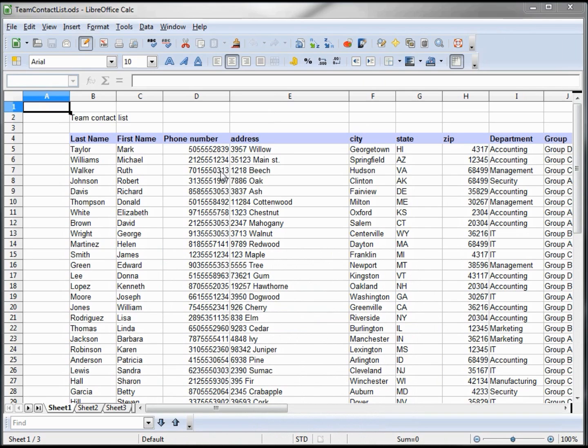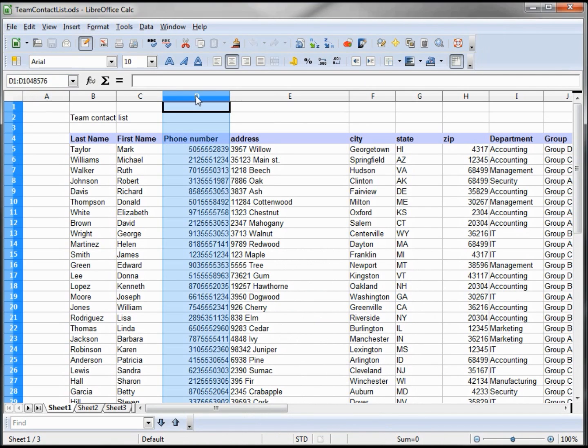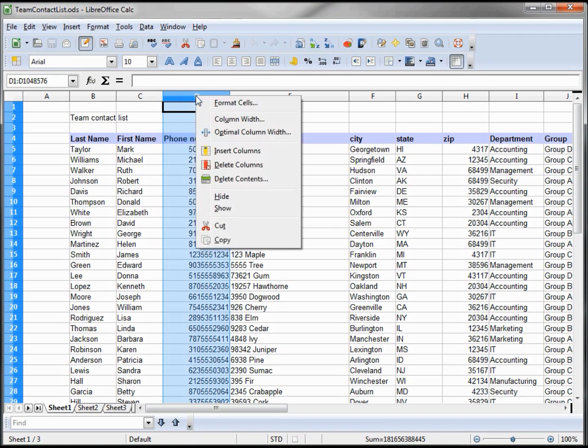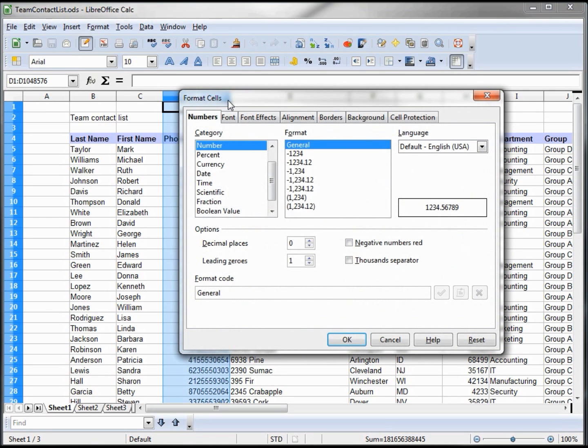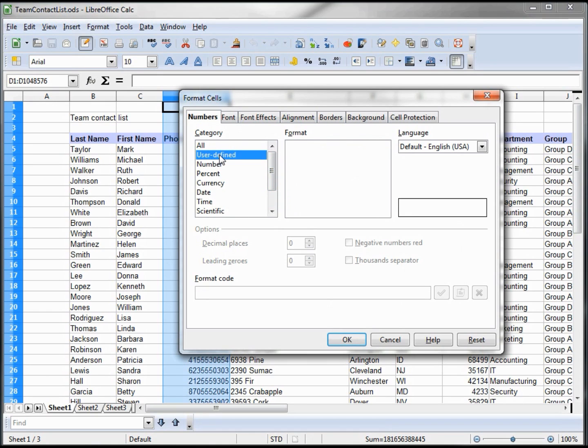Now when we're in LibreOffice or OpenOffice, it's done a little bit differently. I highlight the column, or just the cells if I just wanted to do some cells, but I want to do this whole column, and I say format. Now I've got to come down to user defined, and I want to define one.